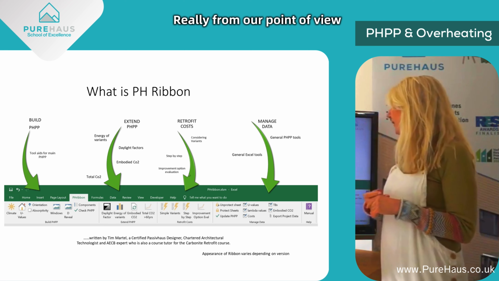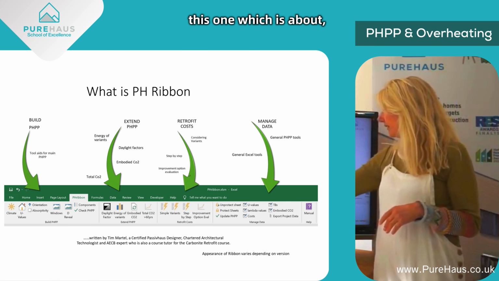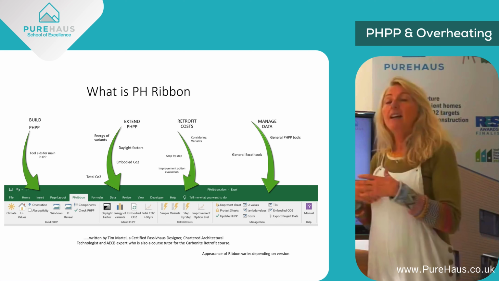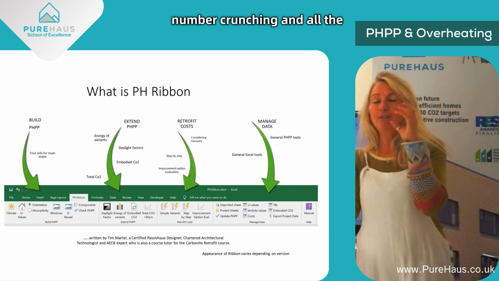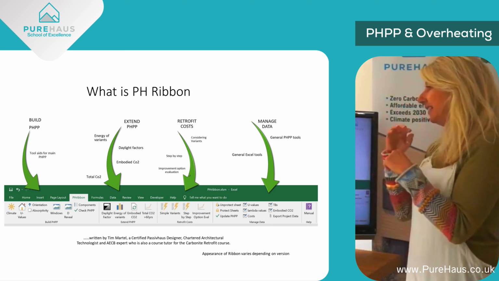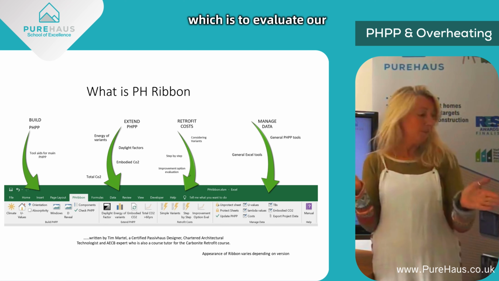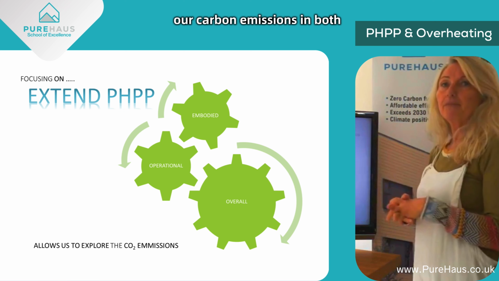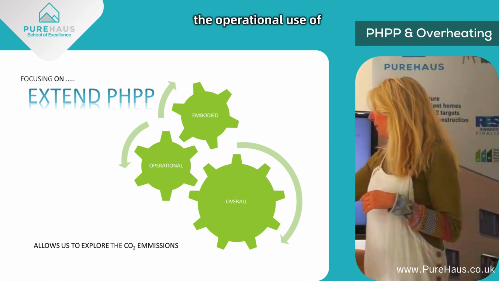Really, from our point of view, we're going to focus on this one, which is the extended version of PHPP, and it basically takes all the number crunching and all the values that we put into the PHPP, and uses them for a different purpose, which is to evaluate our carbon footprint, our carbon emissions